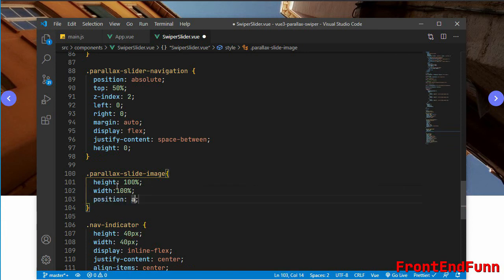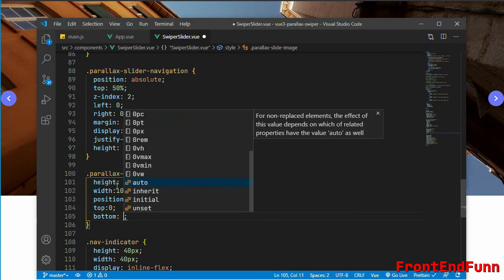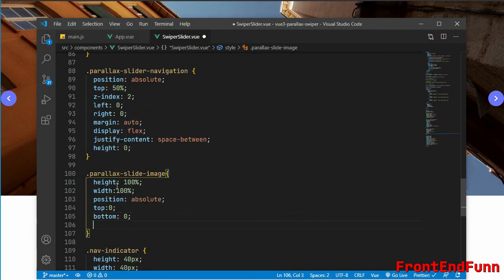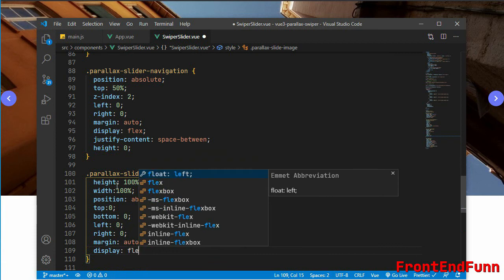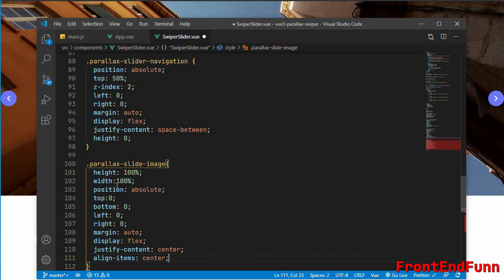We'll set the position to absolute, set the top to 0, bottom to 0, left to 0 and right to 0. Set the margin to auto. We'll display it as flex and justify content to center, align items to center.